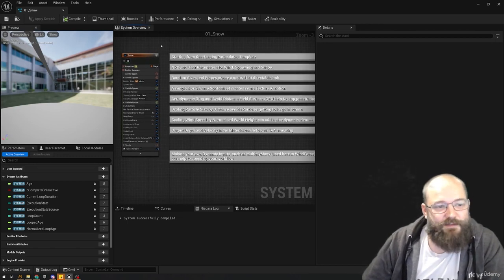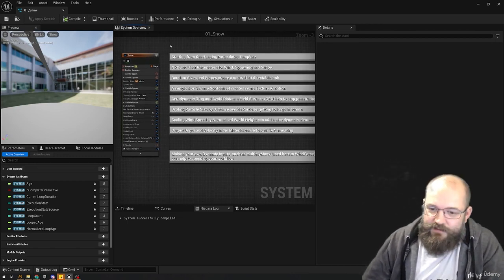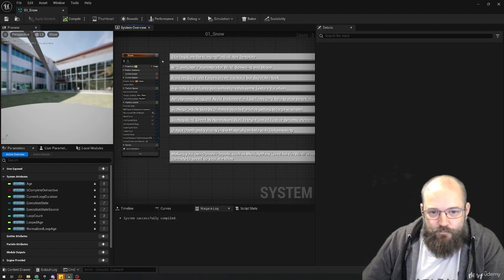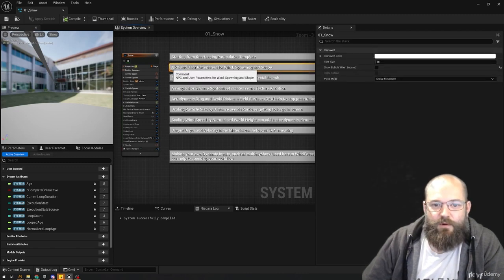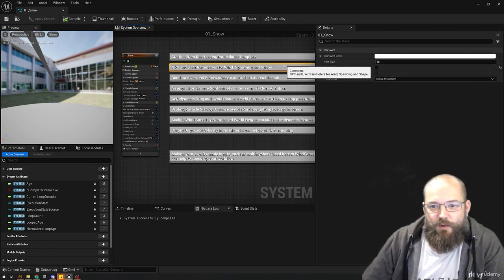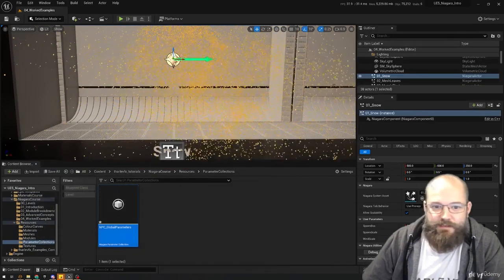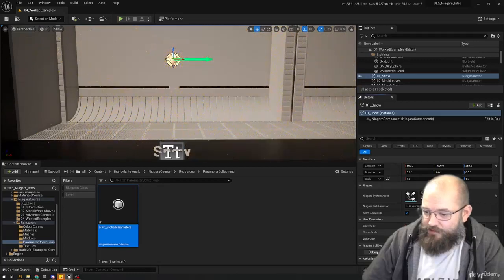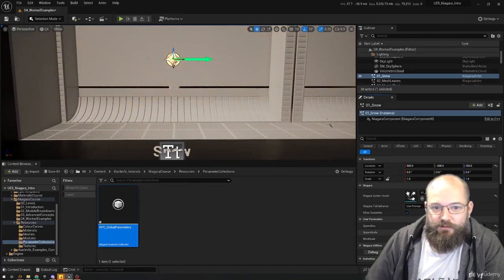So we'll start with one of the templates from the engine. They're pretty good starting points. They have a lot of information and things with them, and so we're going to use that. It's going to be very useful. We have NPC parameters for wind, spawning and shape. So when placing this in the world, we have access to how big a volume do we want, how many particles do we want. We can scale this right down, 0.1, 0.05,